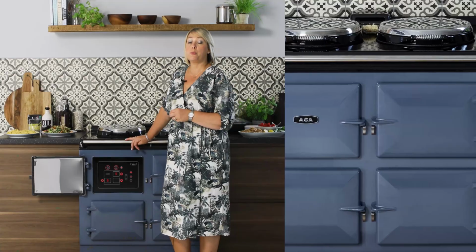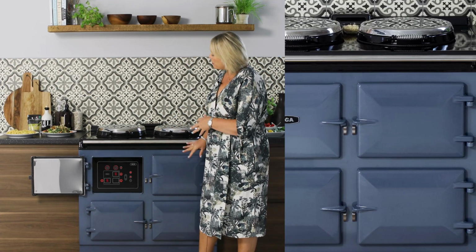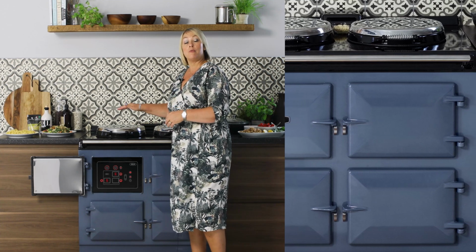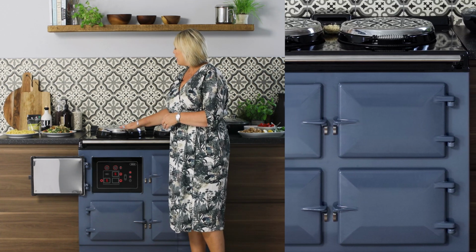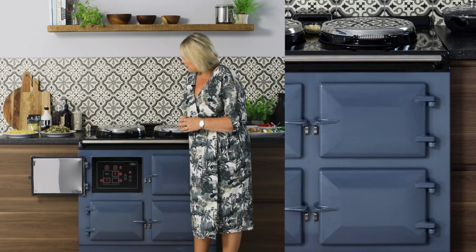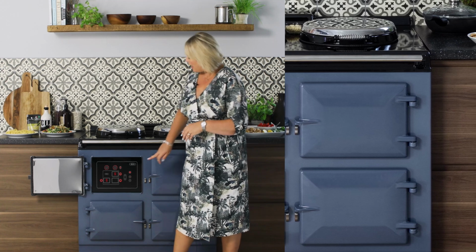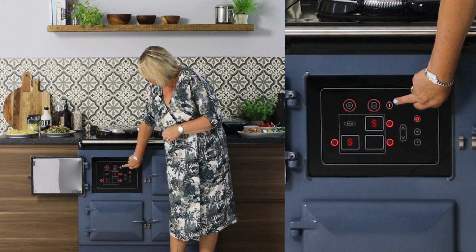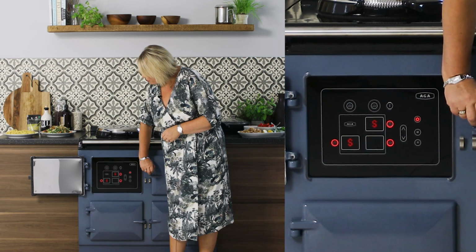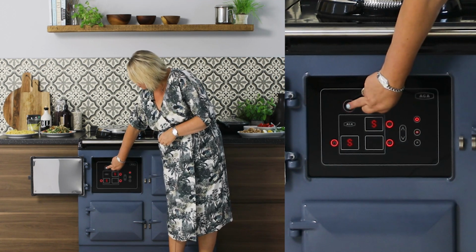Not only do the ovens work independently, so do the hot plates too. When the ovens are on, you will get a residual heat that rises through the cast iron, and the hot plates will only take around about 8 minutes to come up to full cooking temperature. However, if the ovens aren't on, you're looking at around about 11 minutes, and you turn them on and off by this little icon here. They're off now, and to turn them on, we press this one,